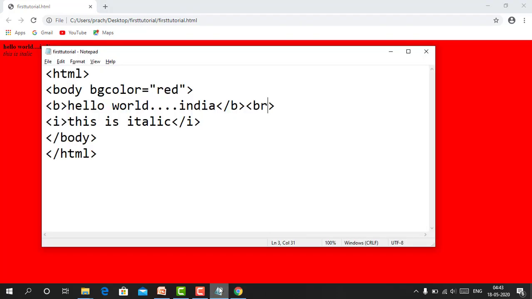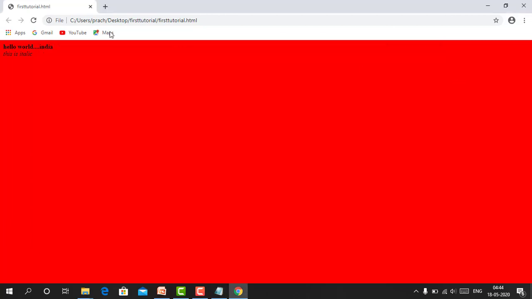Now the underline tag. For the underline tag you use the keyword U. This is underline, and then the closing U tag. Control S. Then again refresh this.